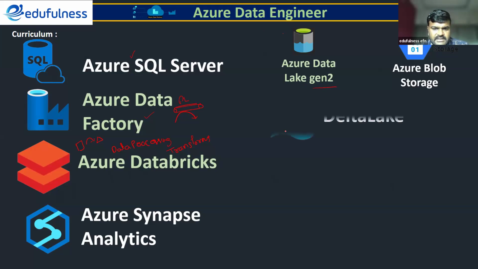And the very important next one is Delta Lake. This is very important, completely related to the Databricks part. Okay. And Delta Lake nowadays is used as a data warehouse, and we should understand its architecture and different operations, so that it is very frequently used in real time nowadays.